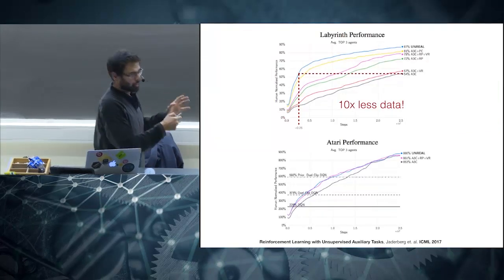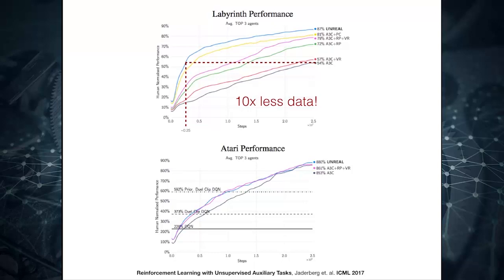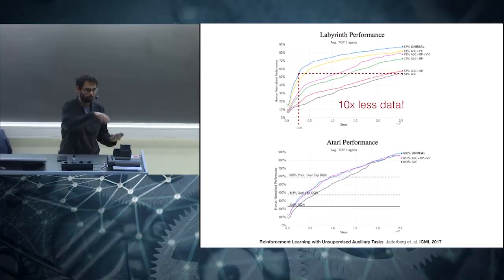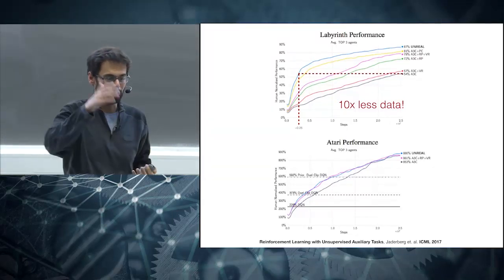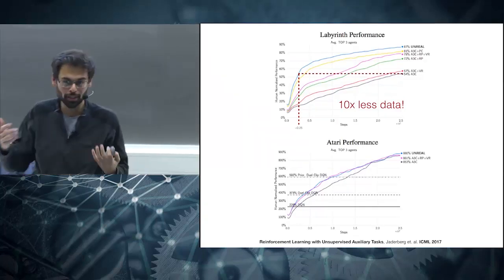So this at the time was shown to lead to 10x better performance in the sense of data efficiency. So it required 10 times less data to learn the same task as some other methods at the time. It's called Unreal here. Nothing unreal about it. Yeah. So that was actually an encouraging message, that looking at the problem from another angle can help bring 10x performance gains. So imagine how many more 10x performance gains are to be gained.